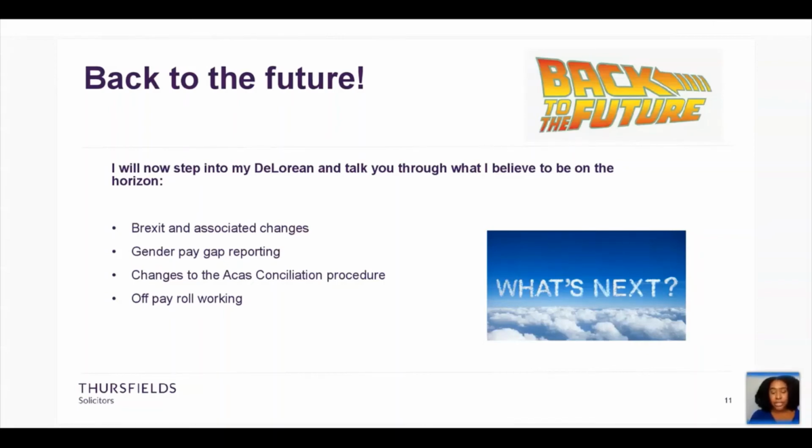Some final changes now as I wrap up and leave some time for questions. Changes to the ACAS conciliation procedure. On the 16th of September this year, new regulations to amend the Employment Tribunal rules were laid before Parliament. The regulations alter early conciliation procedure with the view to reducing the bureaucracy and increase the tribunal's capacity